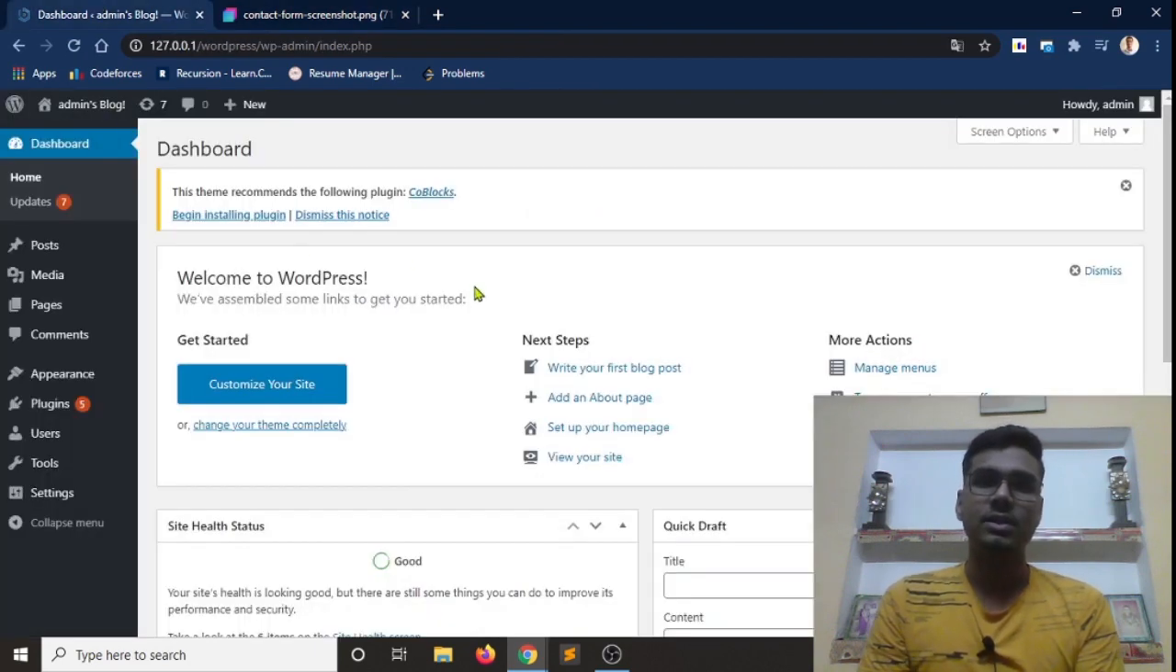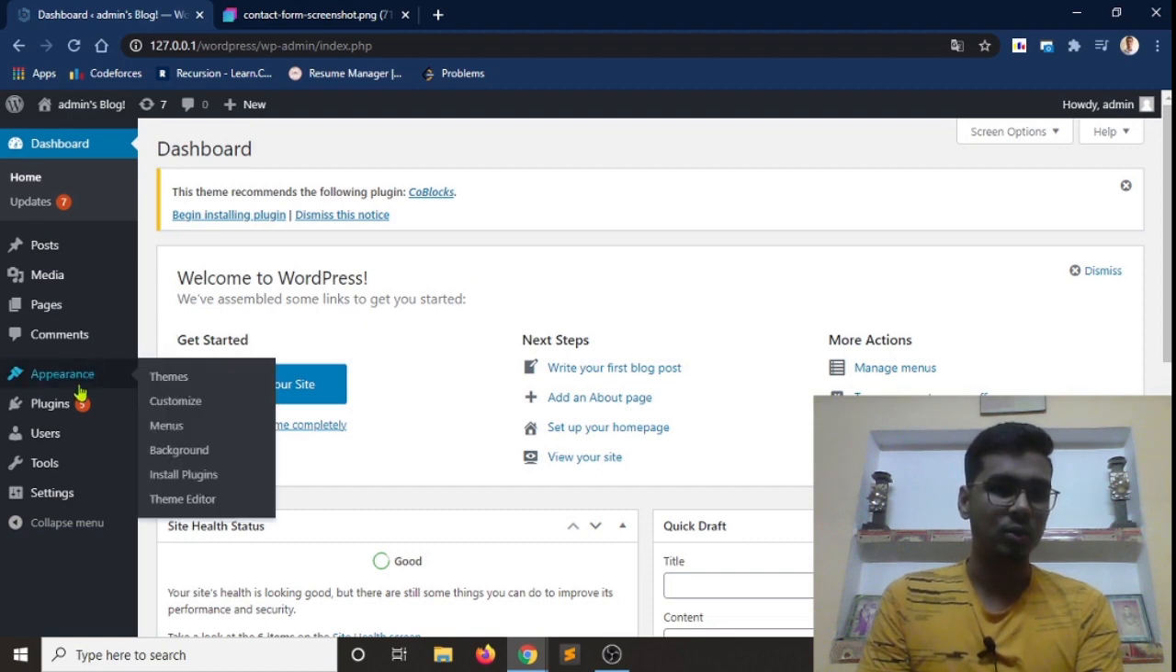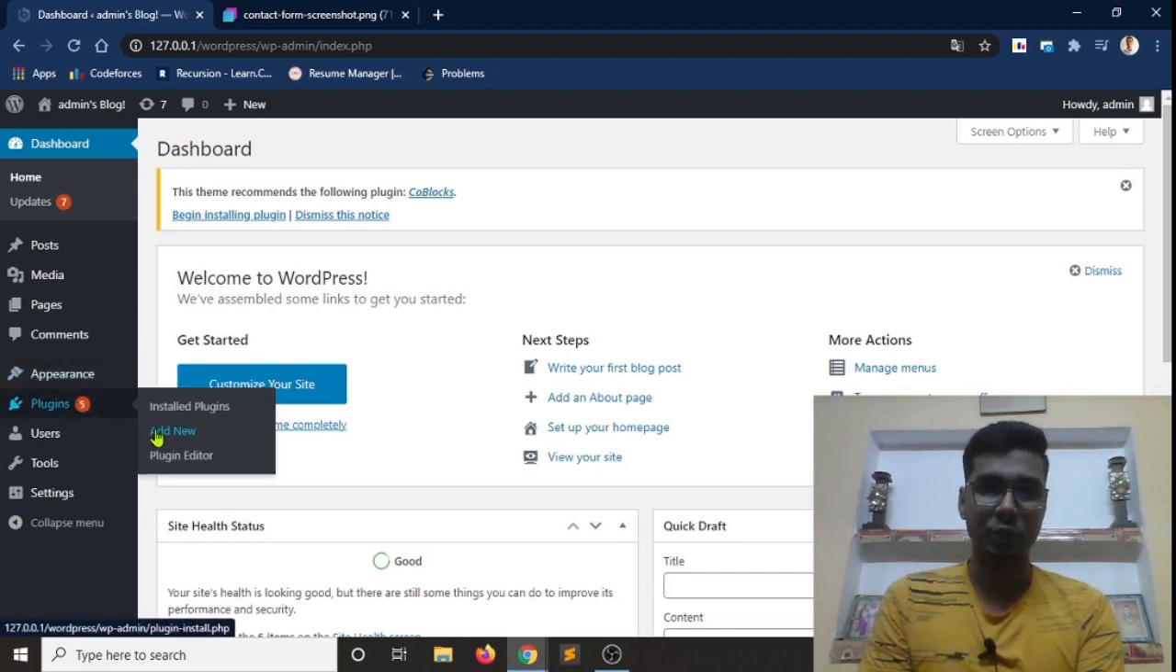So we will create this form using three steps. The first step is to install the required plugin, the second step is to create the form, and the third step is to add the contact form that you have created to your website. So let's start. First go to plugin and then click add new,